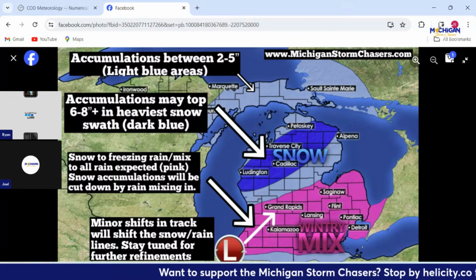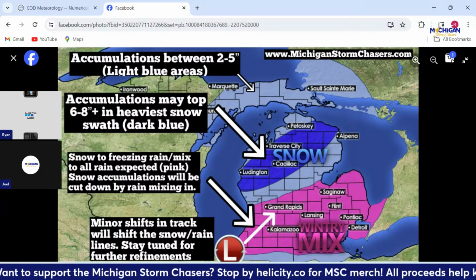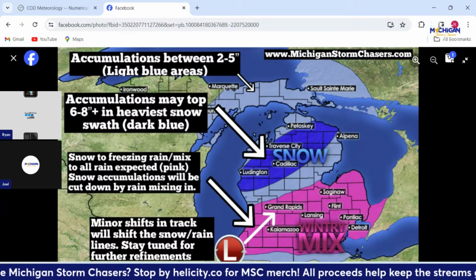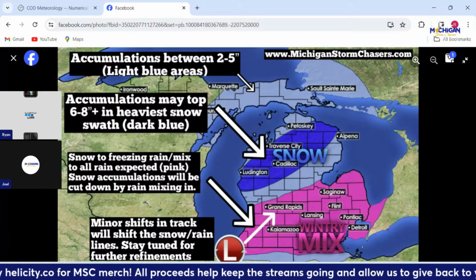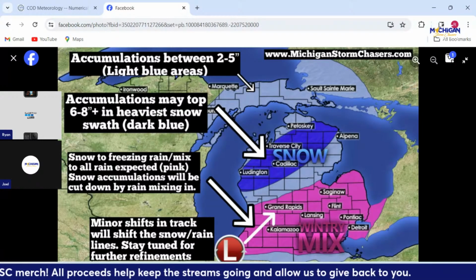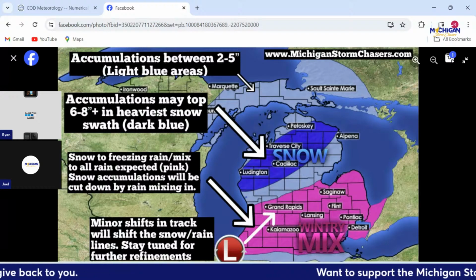Timing of snowfall in Branch County. So it's going to start early Tuesday, possibly as early as 2 in the morning. But I'd say by that noon time frame, it should be switching, if not switched over to rain for you guys. West Branch is probably going to be leaning more towards snow, although you're going to be fairly close. I think you're far enough north where you're going to be mostly snow, if not all snow